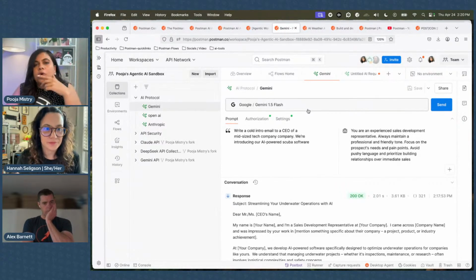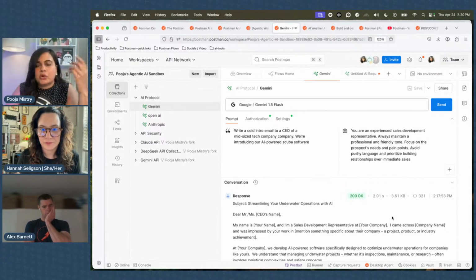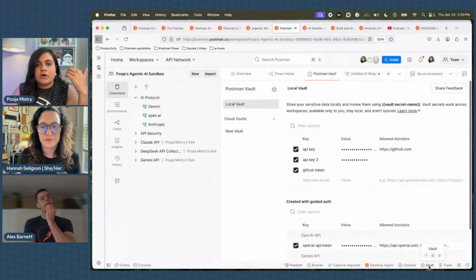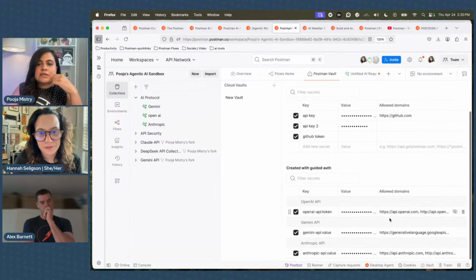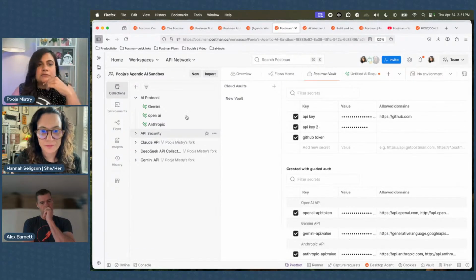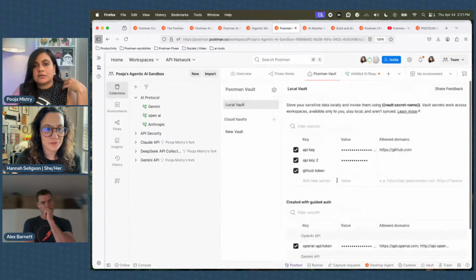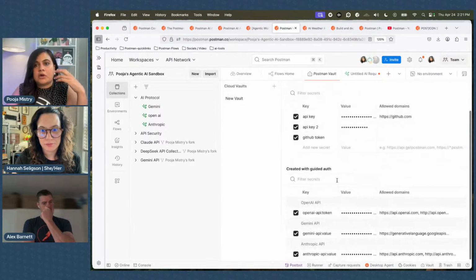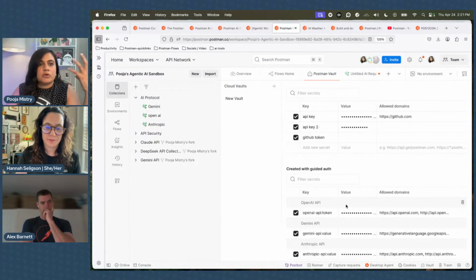One thing I wanted to point out is on the security end. For those of you who are new to Postman, we have vaults, which is a really cool feature because these are all of my tokens for Gemini, OpenAI, and Anthropic, and they're all local to my instance of Postman. We've boosted our security so that you can store your keys locally to your own environment when you're working with teams.